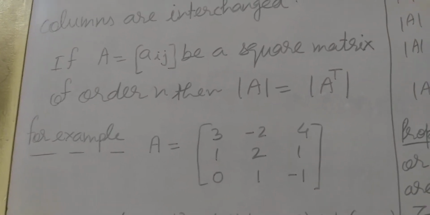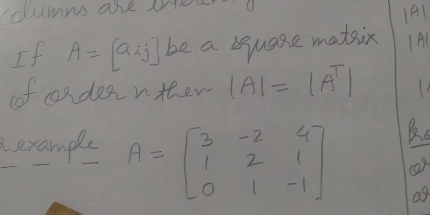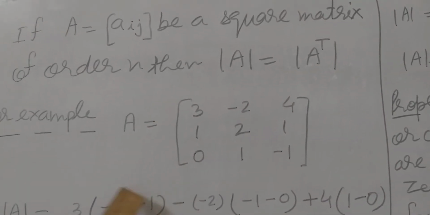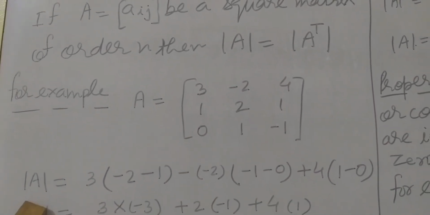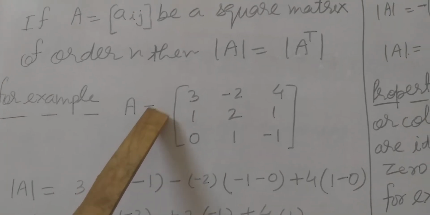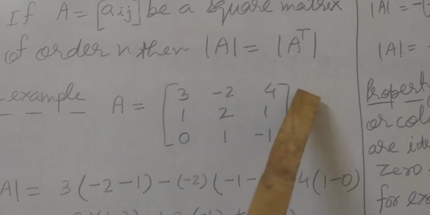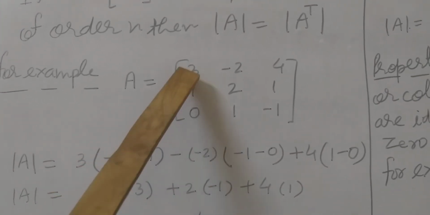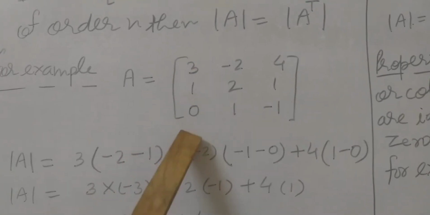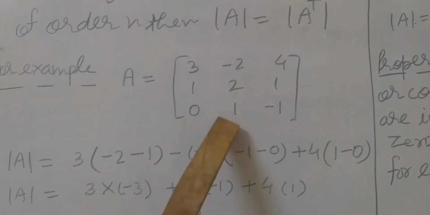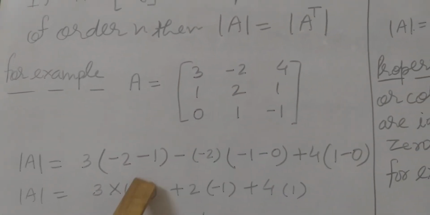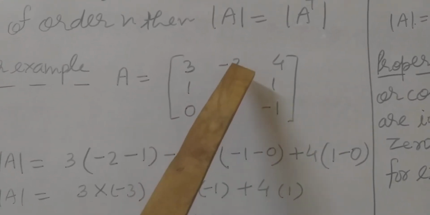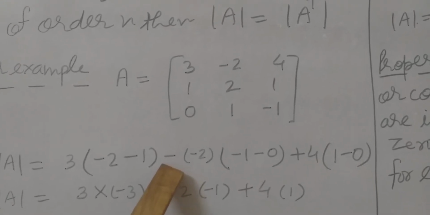Correct, students? Let us take one example. You can see this is a matrix of order 3 by 3. Let us find its determinant by any method. I am going to expand it along R1. So 3, we have to delete its row and column. Let us multiply minus 2, minus 1, then minus 2 will come. Why has the minus come? Because it is A12, student, an odd position. That's why.